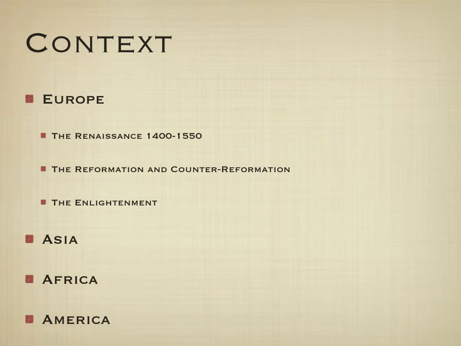Some important inventions during the time: we have Gutenberg's movable type printing press in 1450, which makes printed materials much more readily available to more people. This is also a time of exploration. In 1497, the Cape of Good Hope is rounded. In 1492, Columbus discovers the Americas. And in 1522, Magellan circumnavigates the globe.